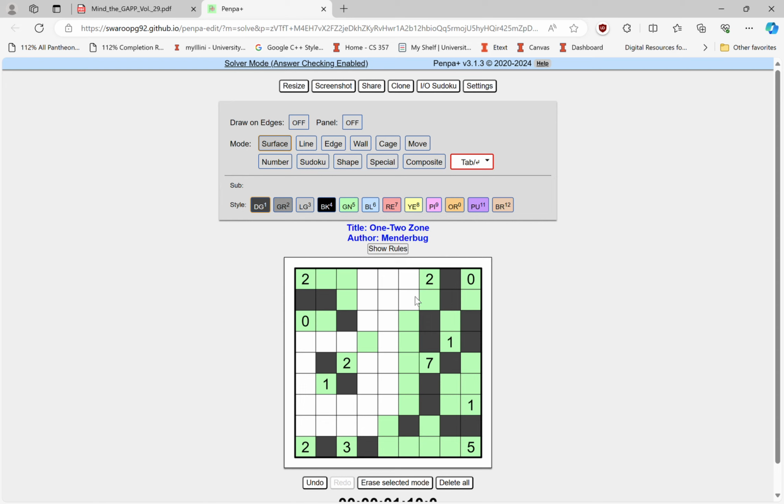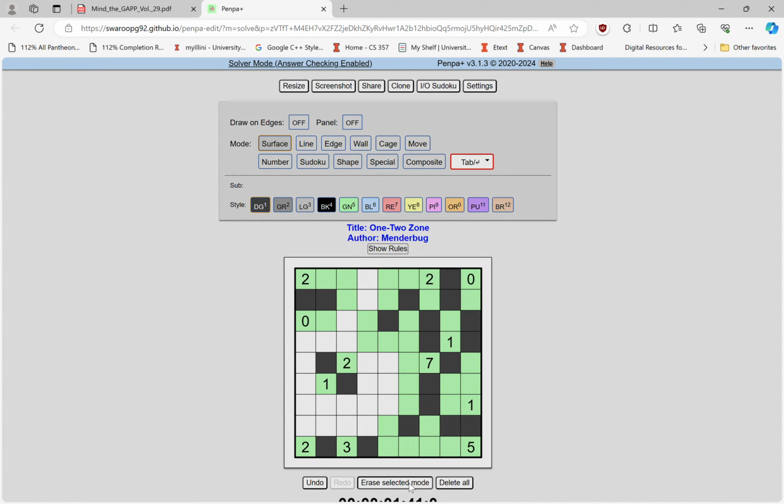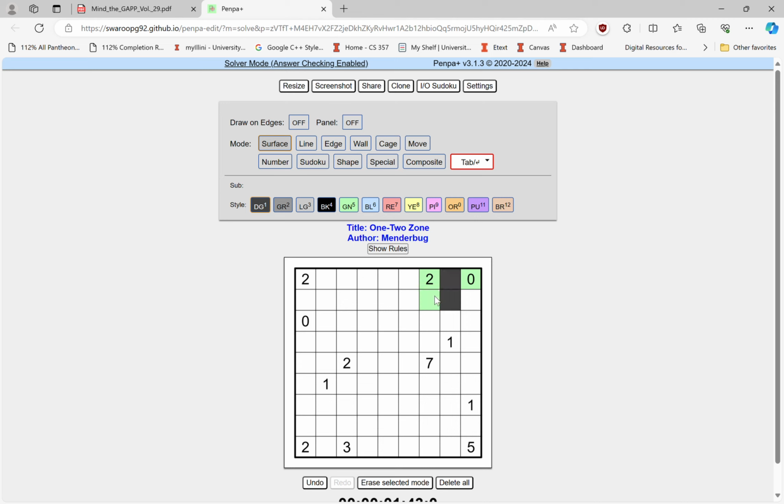Where else can I? Well, this one has to be cut off, which means I get that cut off there. If this one extended again, then the 2 would only have 1 single block, so the 2 must extend downwards, which tells me this one must be a single block for the 2 to be valid. This 2 here, I have somehow failed somewhere in my logic, actually. Yeah, I clearly went wrong somewhere, so I'm actually going to clear everything and start from the top,